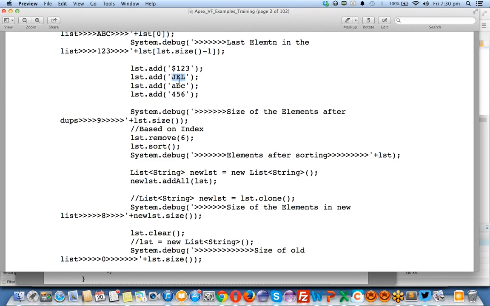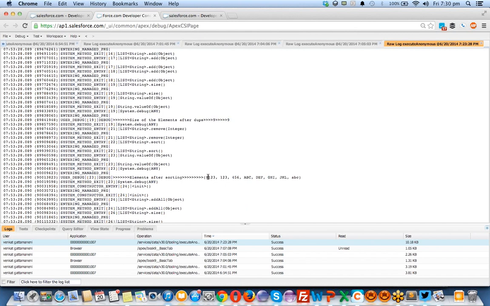after that string values. Okay, if you come here, the symbol is first, numbers 1 2 3 4 5 6. A B C D E F is the second value, G is the third value, for J K J F G H I J K I J is the next value. And again small abcs are at the end, because small abc is a bigger value than the capital abc. That's the reason it's sorted at the end.